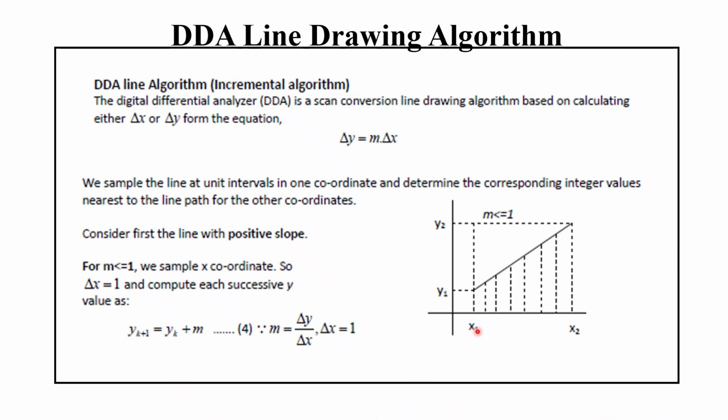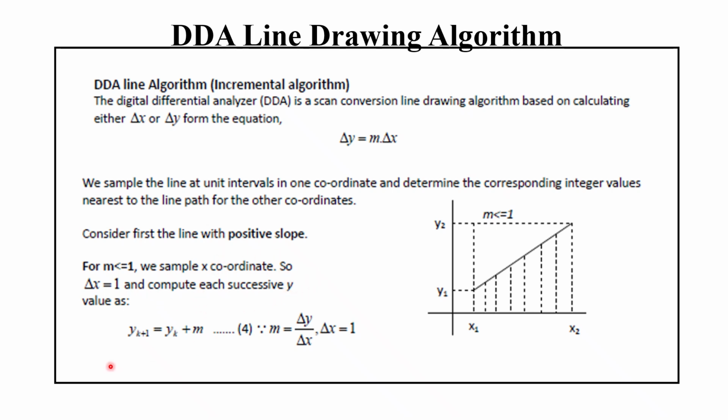Always we will increment the value of x from this point to this point, and then we will be calculating the values of y for this particular point of x. Then this point will be calculated by incrementing x by 1. This point will be calculated for this x1. So we will have x incremented by 1 always, and for that value we will be calculating the corresponding y